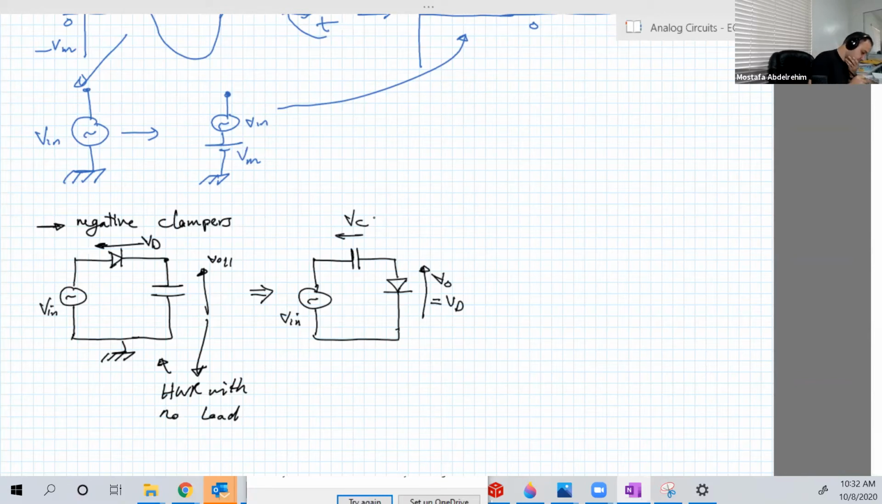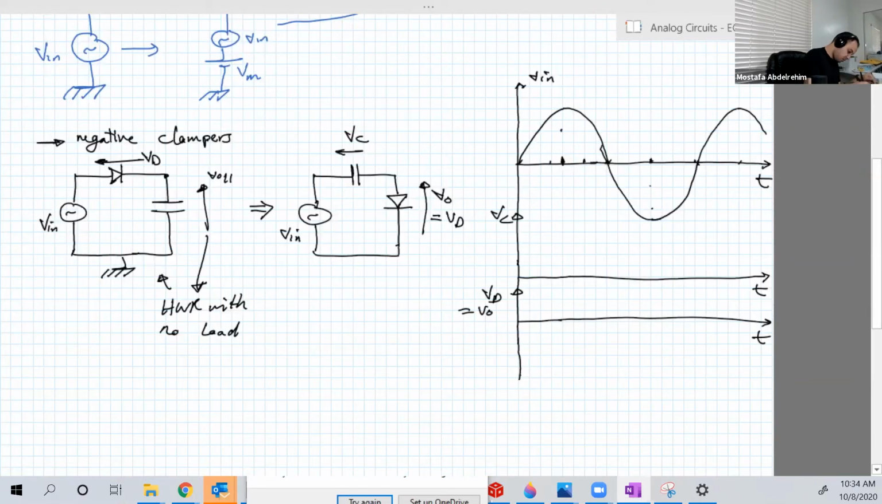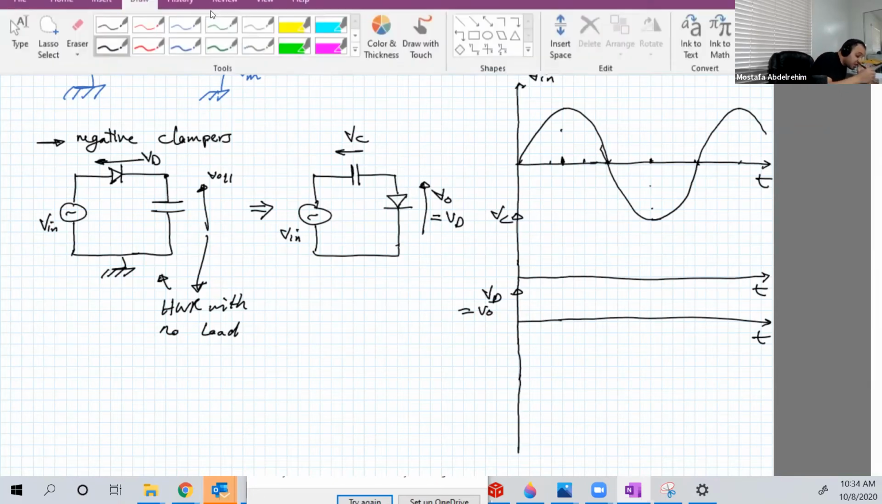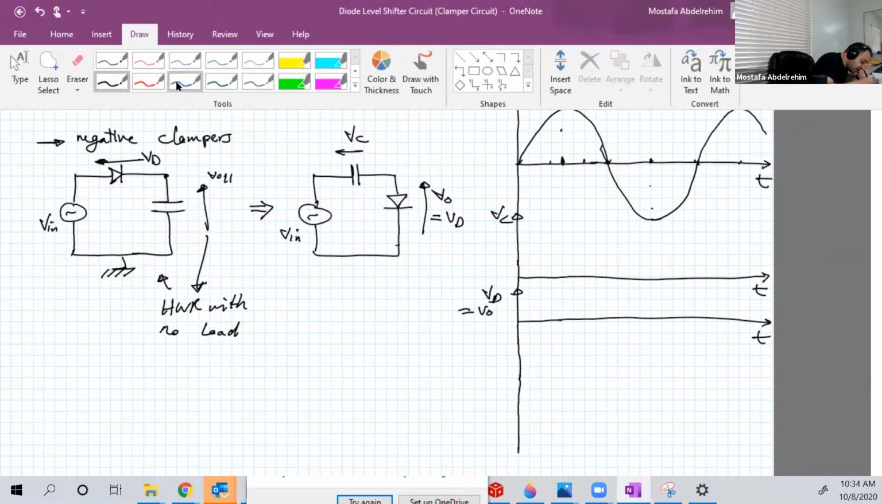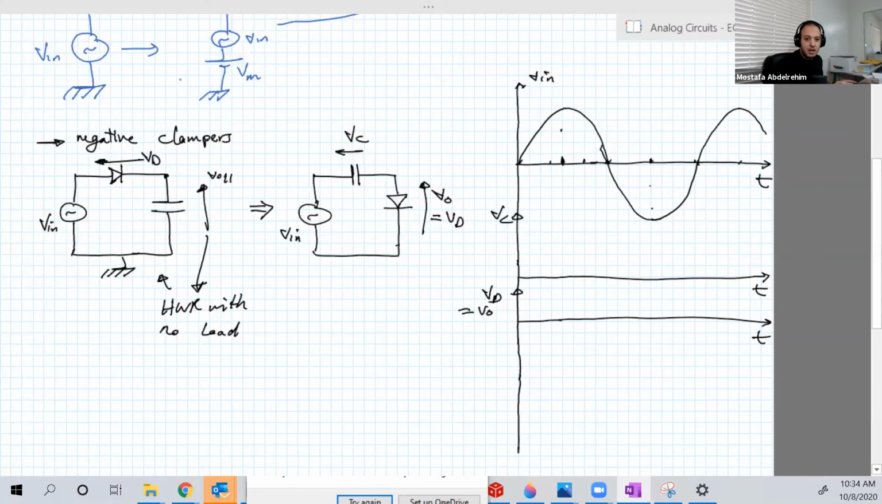Okay, so let's see how to analyze this circuit. Let's draw here the input voltage. This is just a revision for the first circuit that we took two lectures ago, on Tuesday, when we studied the half wave rectifier with a smoothing capacitor with no load. So basically at t equal to 0,